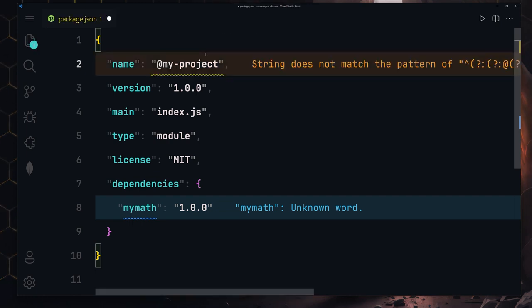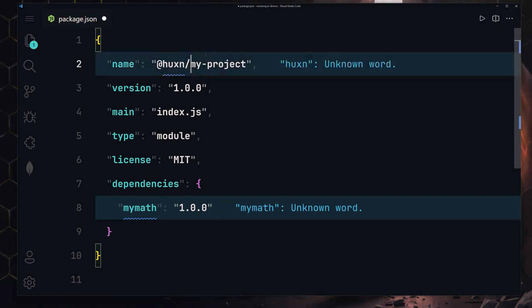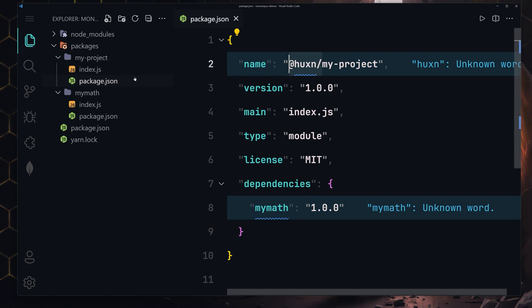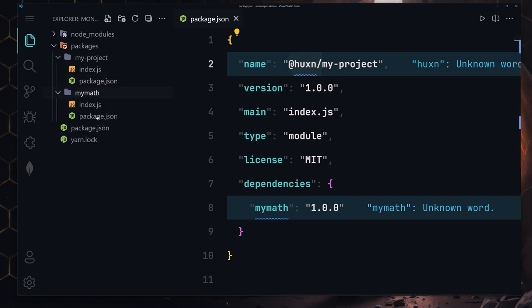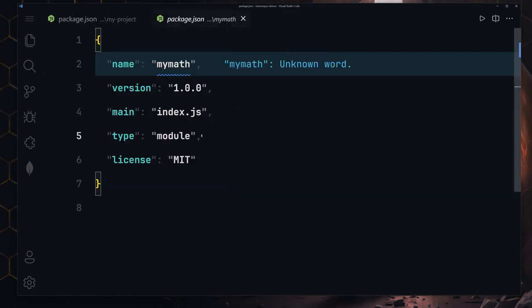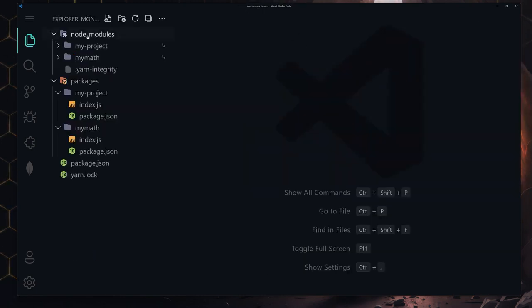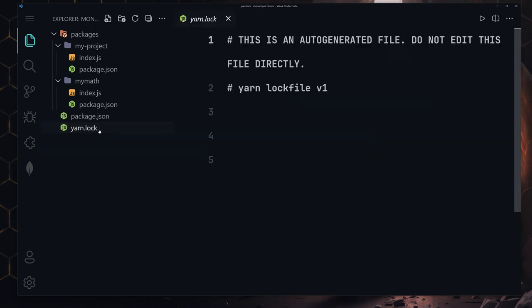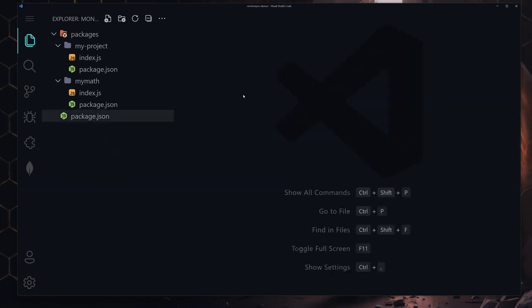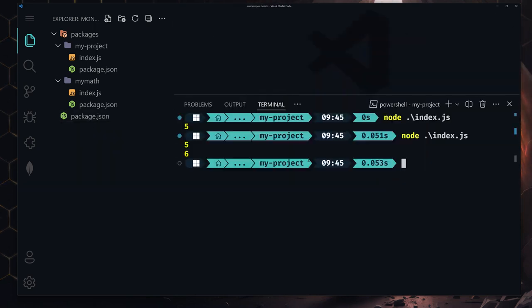So I'll just add this @ symbol, and I'm going to give it my name, which is Hussein. And if you are using your own package, you should also definitely provide your own name. And now I'm going to copy this, save this file, and go into my math project, and then go into this package.json and place it right here, save this file. And now let's just remove these. I'm going to delete this node_modules folder. I'm going to also remove this yarn.lock file,